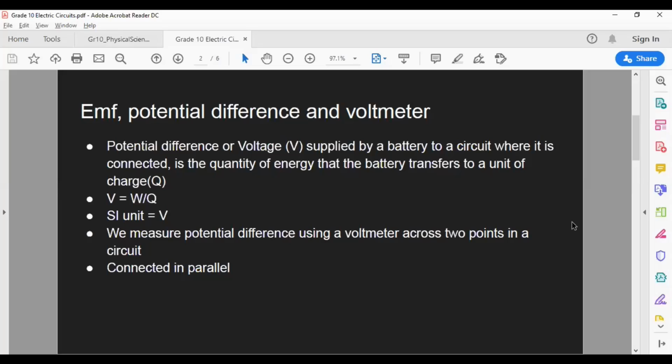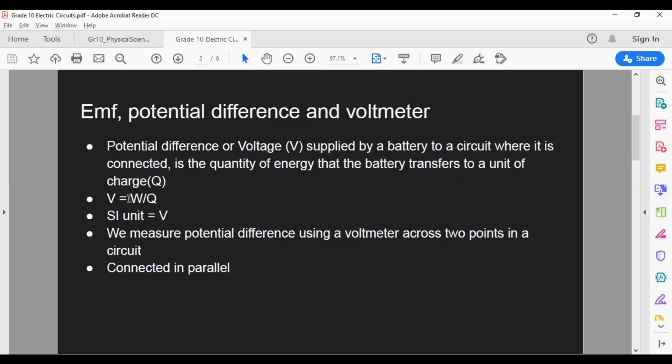Now, charge, remember from electrostatics, has the symbol Q, and we know that's measured in coulombs. When we're talking about energy, the symbol is W. When we get to mechanics, W begins to be more defined as work done, which is also energy. So the most basic and simplest formula for calculating voltage